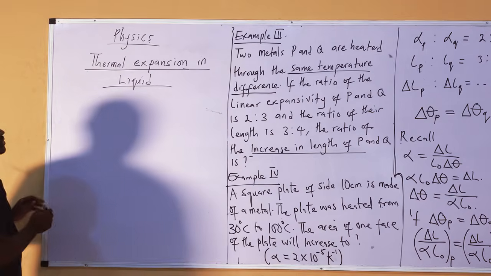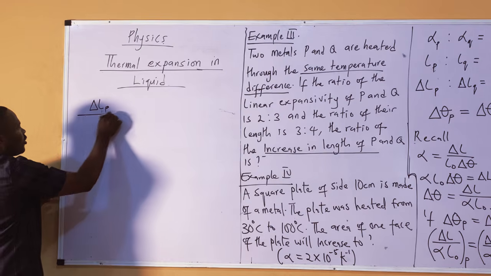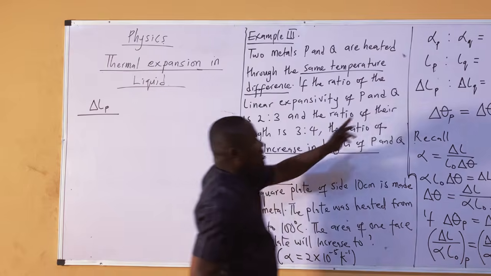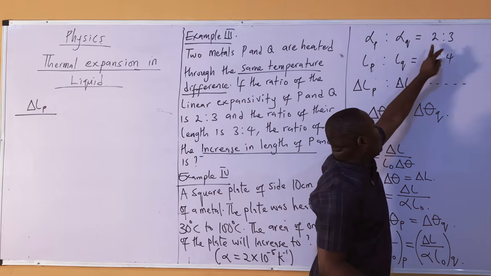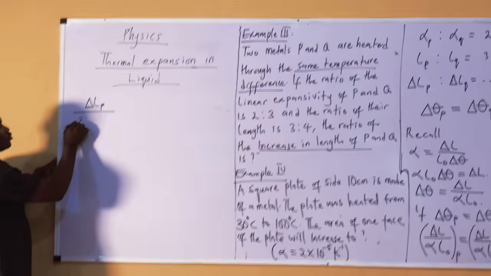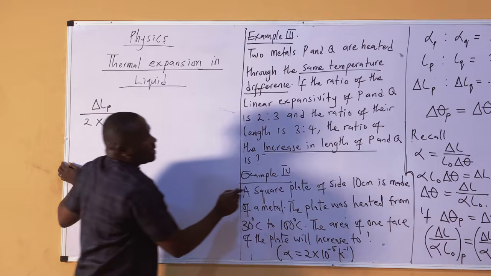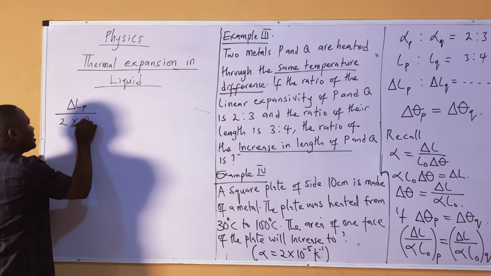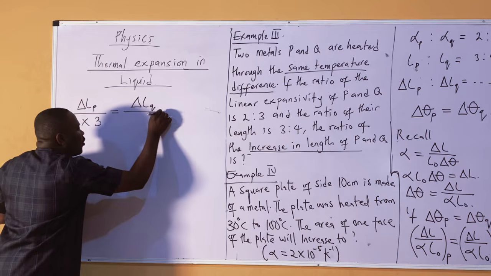So now I'll be having change in L of P over what is the linear expansivity of P? So for P it is 2. So I have over 2 times what is the original length of P? The original length of P is 3, so 3 times 3 is equal to change in length of Q over